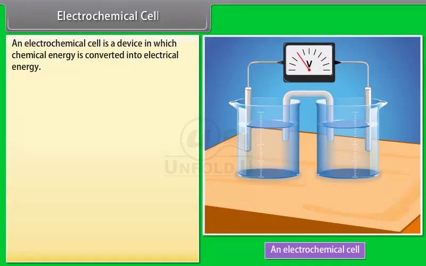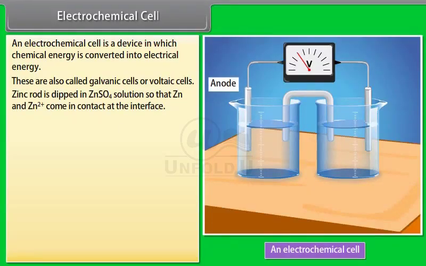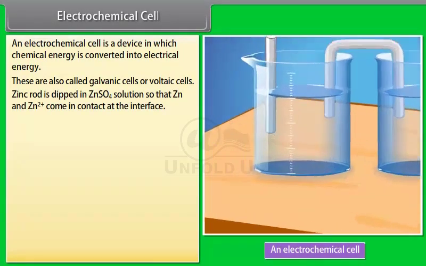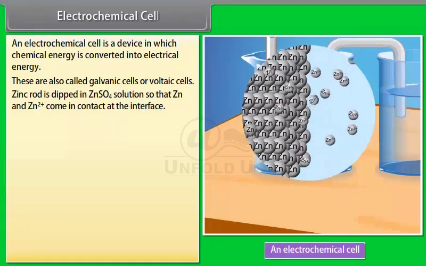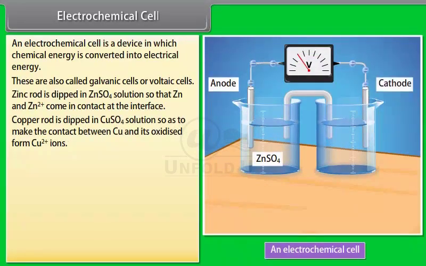Electrochemical cell. An electrochemical cell is a device in which chemical energy is converted into electrical energy. These are also called galvanic cells or voltaic cells. Let us consider the redox reaction between zinc and CuSO4 solution. Zn and CuSO4 solution are taken in separate vessels. A zinc rod is dipped in ZnSO4 solution so that Zn and Zn2+ come in contact at the interface. A copper rod is dipped in CuSO4 solution so as to make contact between Cu and its oxidized form Cu2+